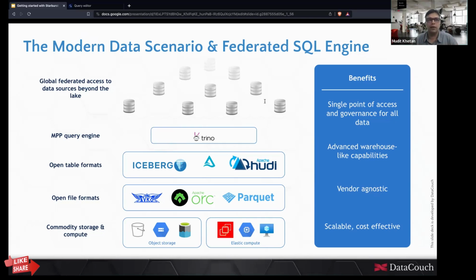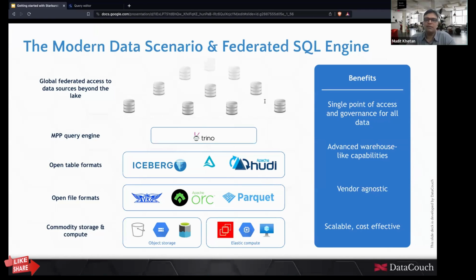From a user's point of view, I run a query simply giving the addresses of different data stores. And it is the responsibility of Trino to divide that query in such a manner that it runs on different data sources. It fetches the required results and gives me a combined result from all of them. So as a user, as a developer, as a data engineer, it becomes far easier for me to run those queries on Trino rather than running those queries separately on different systems and then combining the results manually.